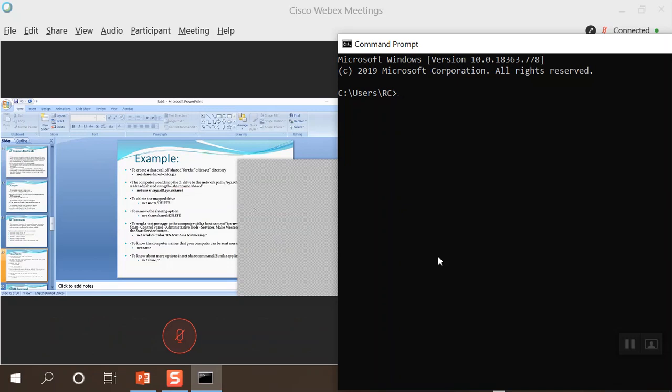You can create the map drive as well. You can remove the map drive as well. You can delete the sharing option that you have done. You can do that. There's another option in which you can do net send,